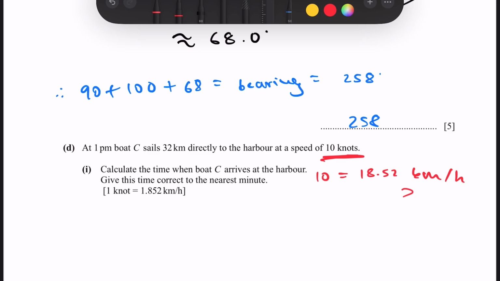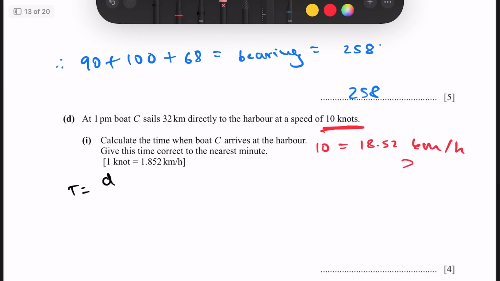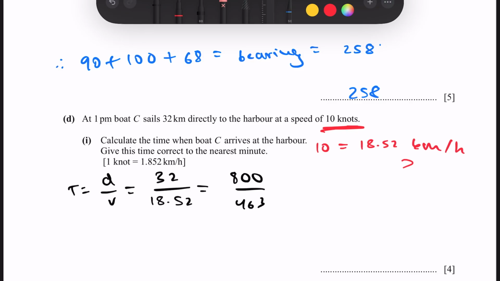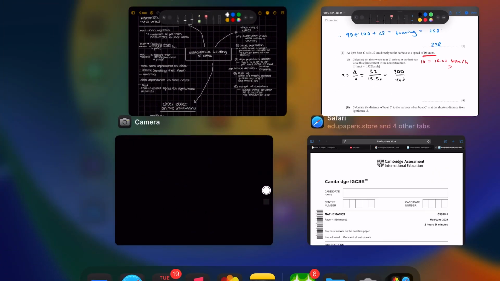So the question asks you to give this time when boat C arrives at the harbor, corrected to the nearest minute. So time t is equal to distance over speed, and since our distance is equal to 32 kilometers and our speed is equal to 18.52 kilometers per hour, this is equal to 800 divided by 463. And if we convert this to